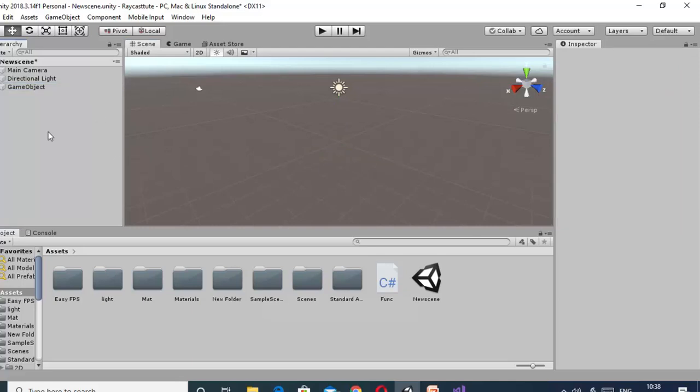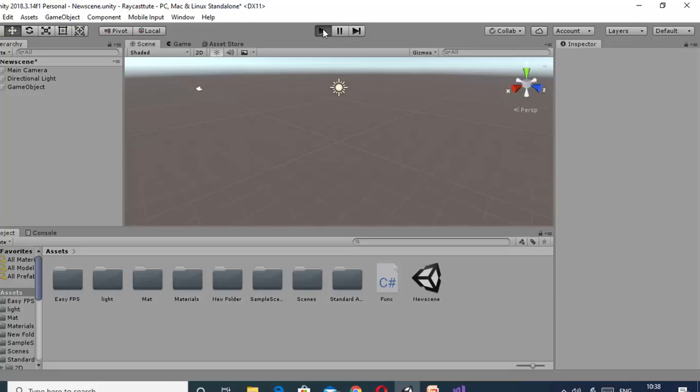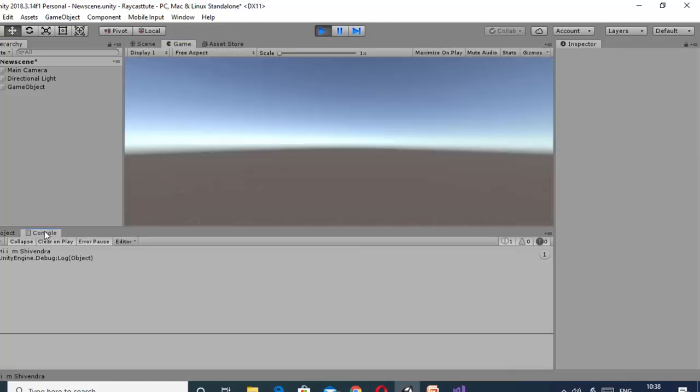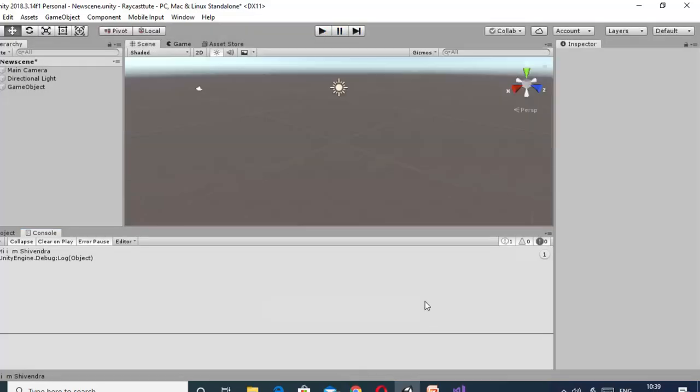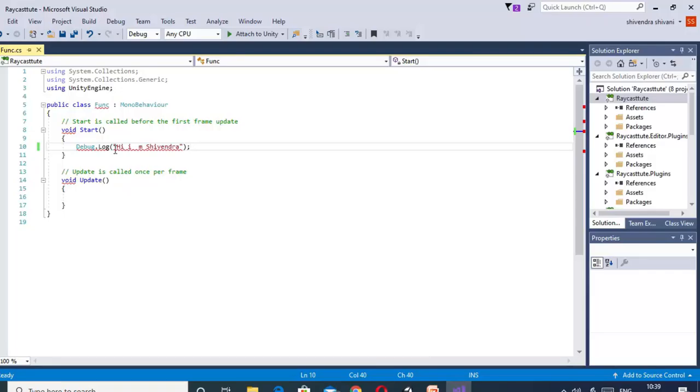Now our basic requirement is fulfilled, meaning we have a script and that script is associated with the game object. Now in the console you can see that "Hi, I am Shiven" is written one time. Why one time? Because this particular line is written in the Start function.